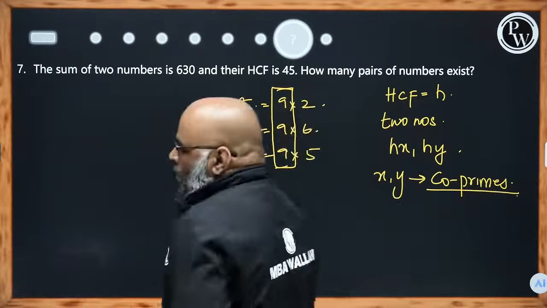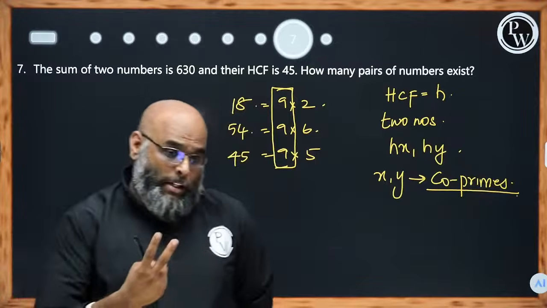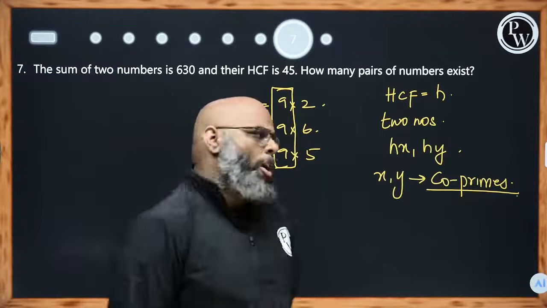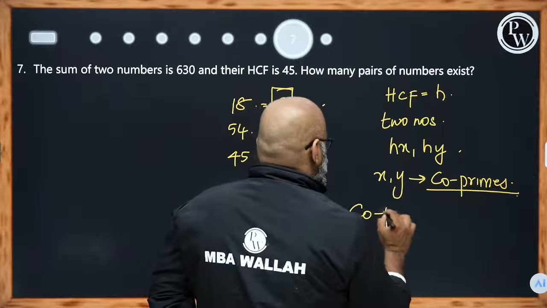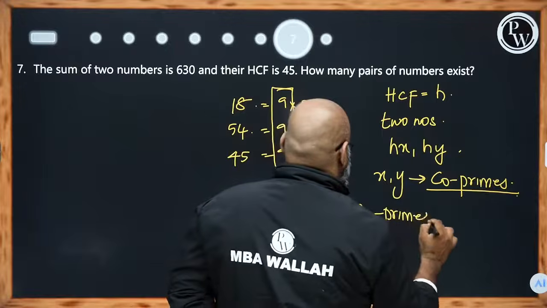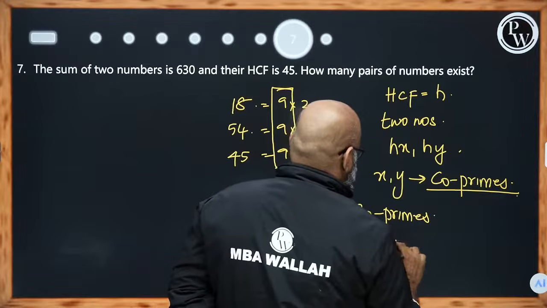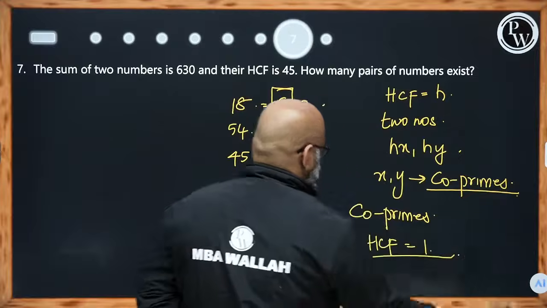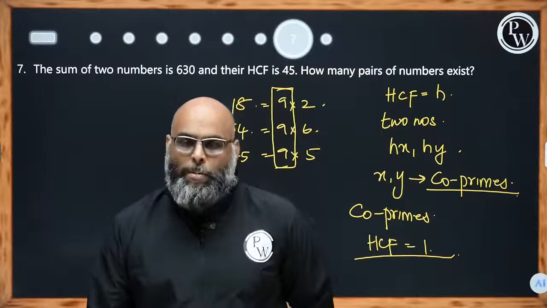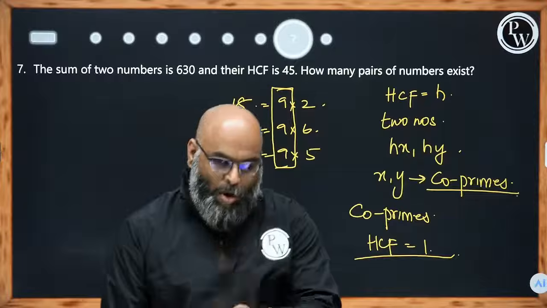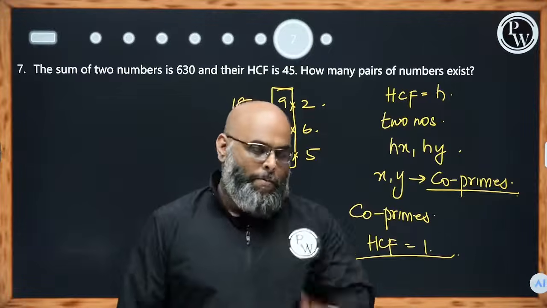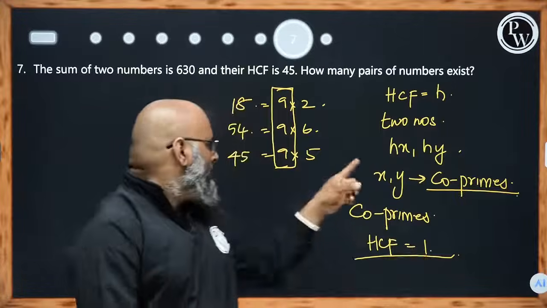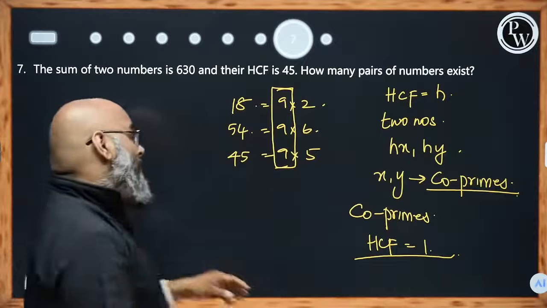To give you a recall, what are co-primes? Two numbers are said to be co-primes when the highest common factor, HCF, is equal to 1. Two numbers are said to be co-primes when the highest common factor between the two numbers, or three numbers, the given numbers, is 1. This is a super important property that you need to know. On that ground,